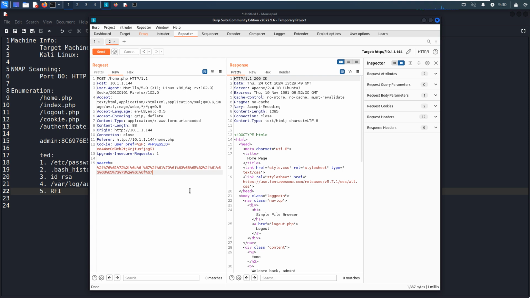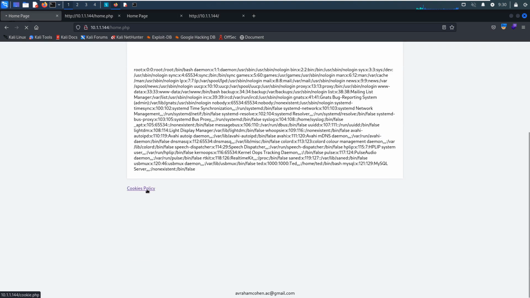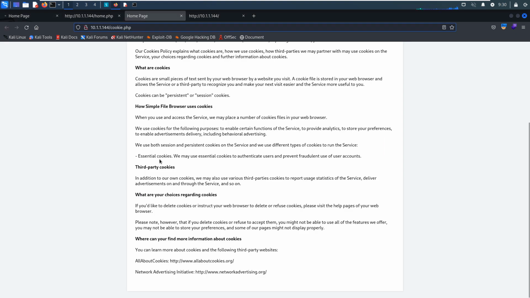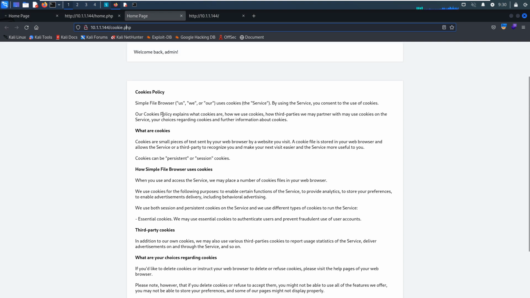We need to find our hint or instruction from the web application itself. Okay, so I think just now I mentioned here is one page, the cookie page, and this page is just some description about the cookie policy.